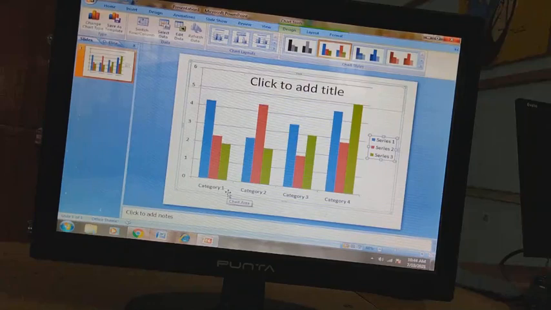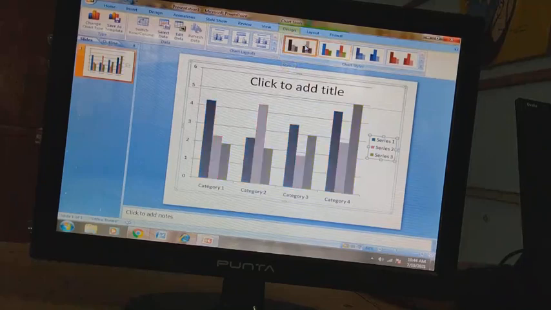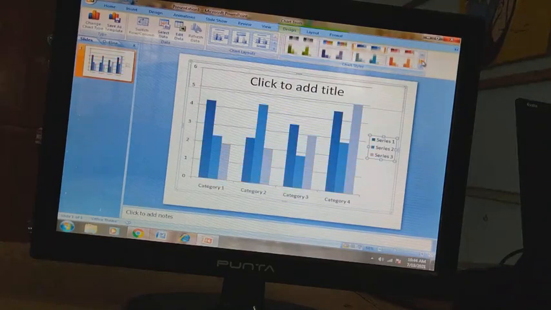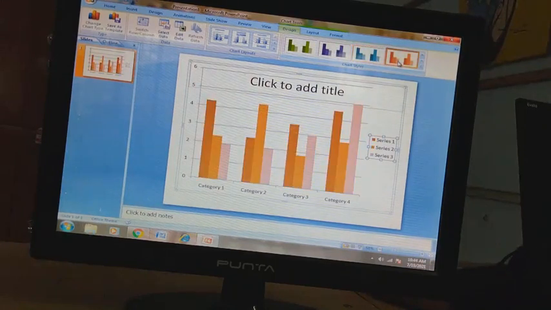This is how we can insert a chart and design our chart. You can select the chart style from the ribbon, and various chart types are here. You can select any one of them from the ribbon also. It is totally up to the user how to design the chart, and the different chart layouts are also represented here.